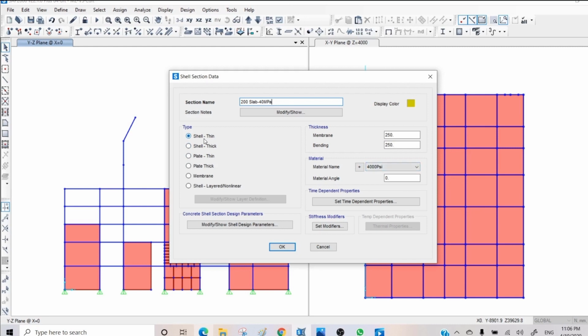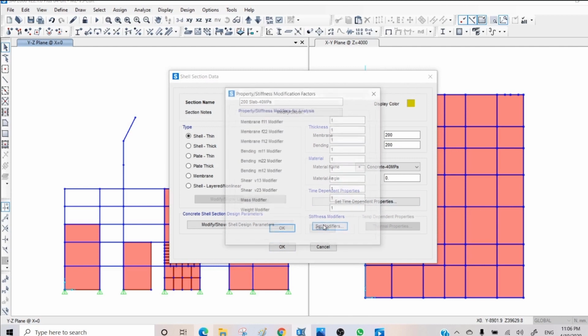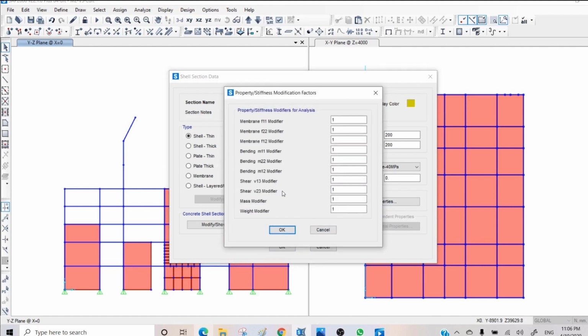So because the slab is just 200 millimeters, we use shell thin and change it to 200. Membrane means just in-plane forces, and bending for out-of-plane forces, so we put both of them 200. Change this one to 40 MPa concrete, and those are the options for advanced, so we will leave it. Modifier, again, it really comes back to how the slab will behave, but generally because of the cracking and long-term deformation, we use the modifier